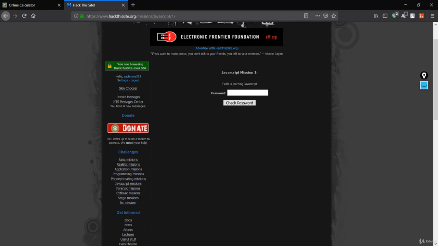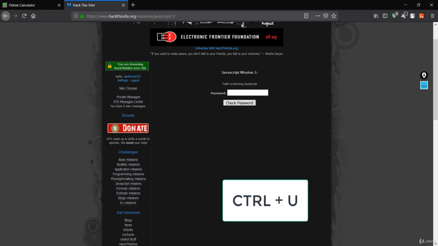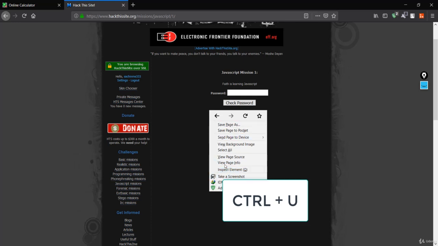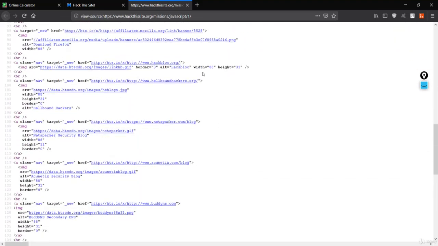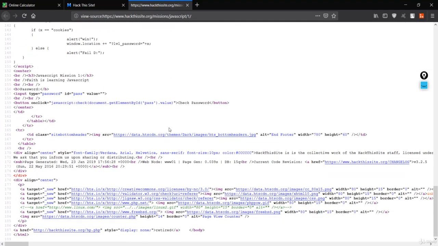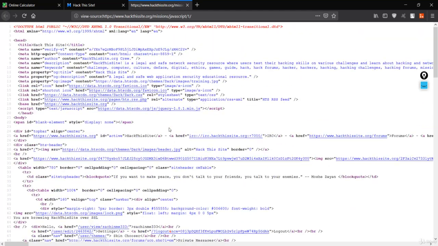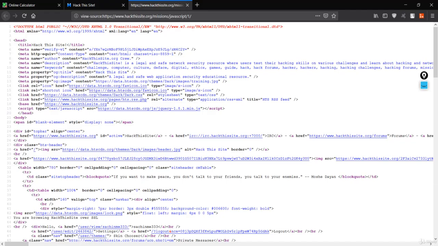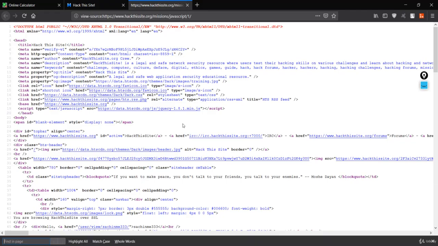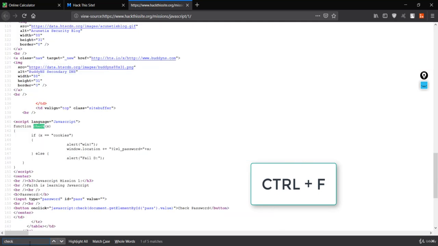All you have to do is press Ctrl U on your keyboard, or get here, that is view page source. You will get this page which has all of your HTML documents and links. We'll go to the check password button part, so simply press Ctrl F and search for check password.